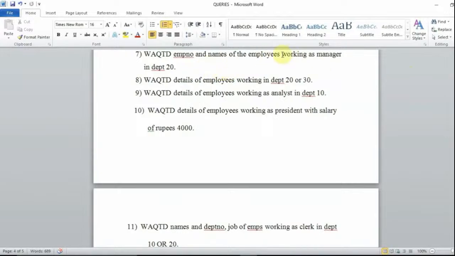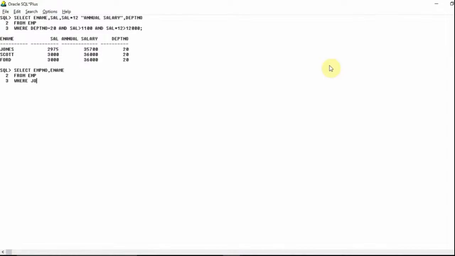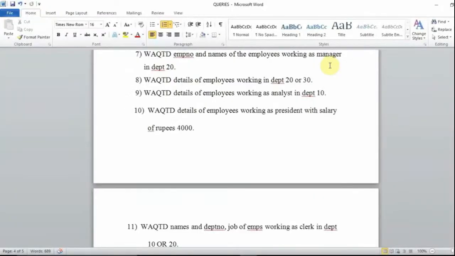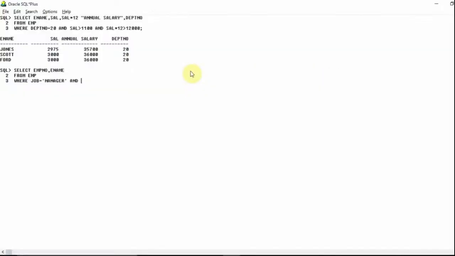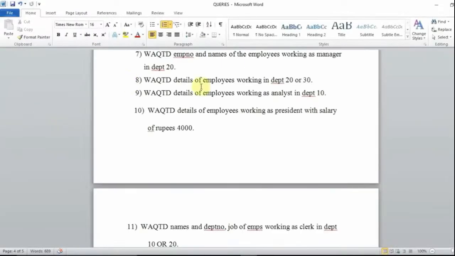So where employee number and names of the employees working as manager, so job should be equal to manager, and another condition says that department number should be equal to 20. So department number equal to 20, and I will hit enter. So Jones is the employee who is satisfying these conditions. Yes. Alright guys, so 8th question, write a query to display details of the employees working in department 20 or